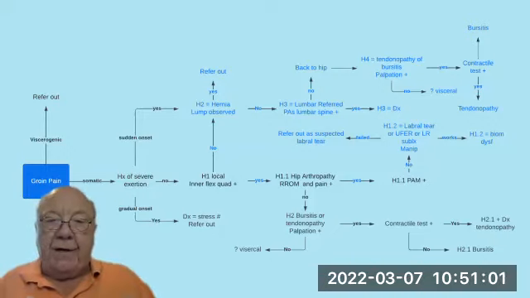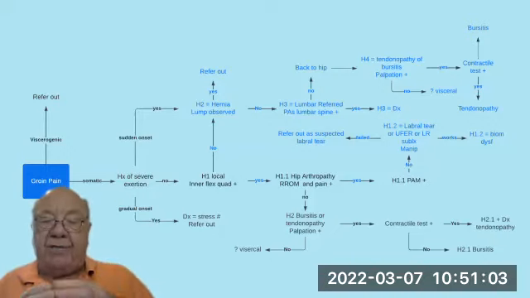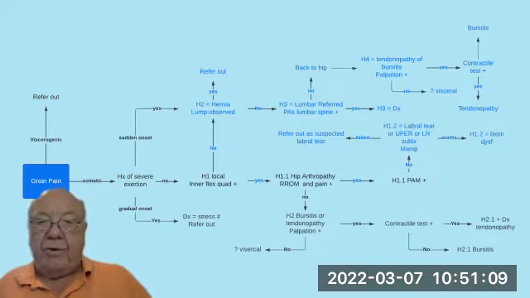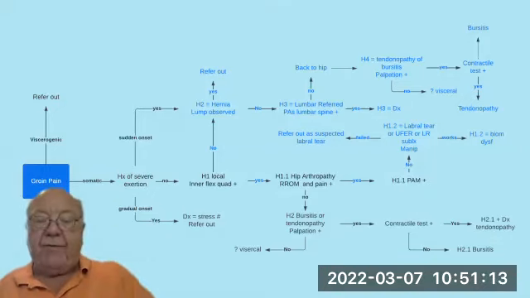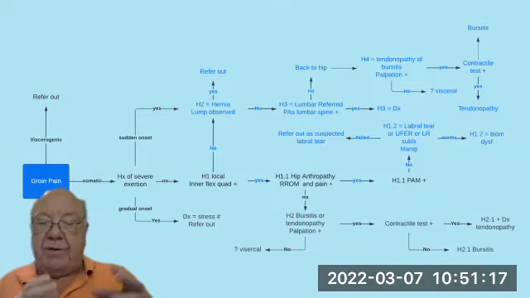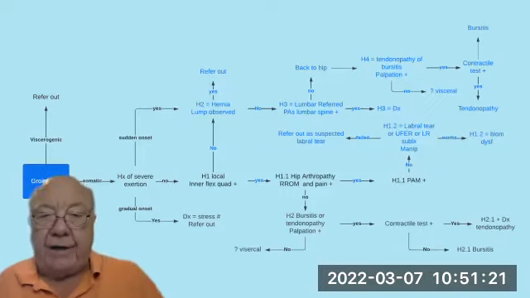If the hip ranges are all full and there's no pain, then again you might be looking at a bursa or a tendinosis or a tendinopathy, probably a tendinosis. If the quadrants are painful, then it could be a tendinitis. But if it's tendinosis, the quadrants may well be negative. So if they are,